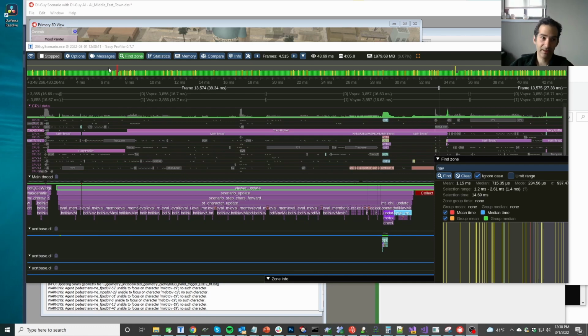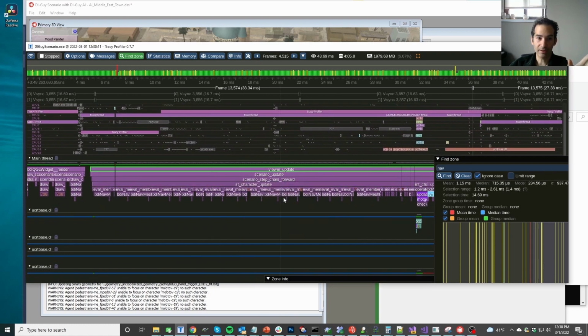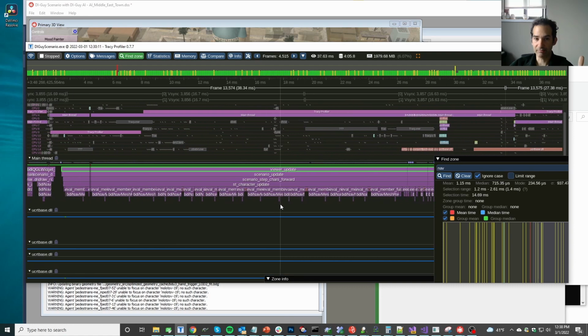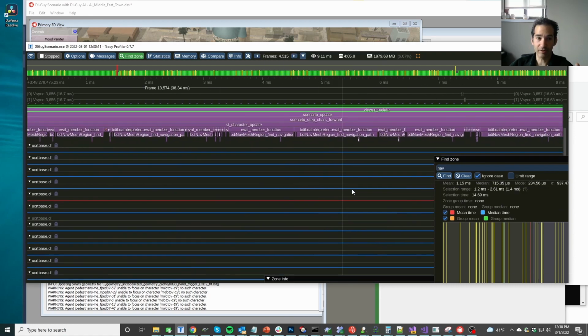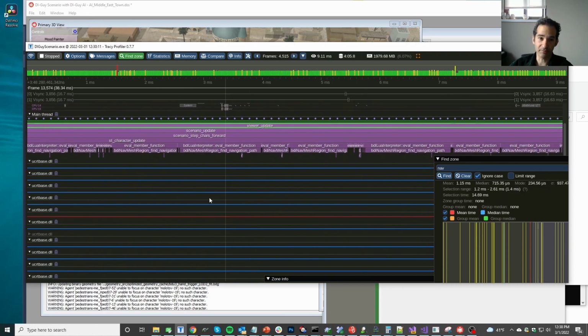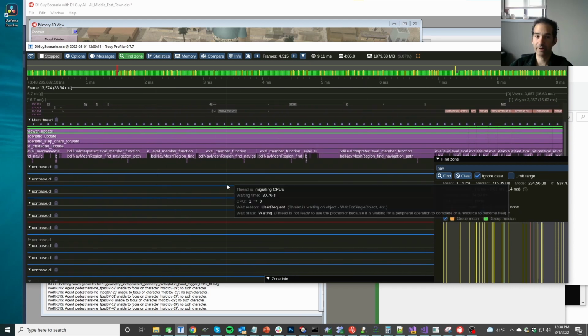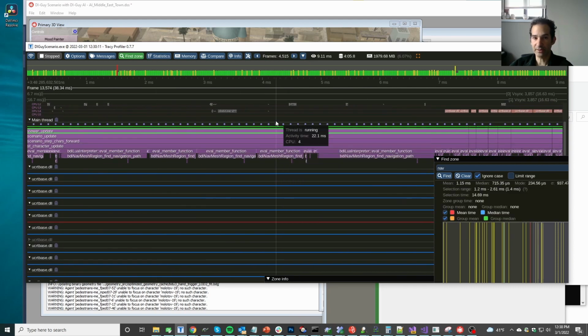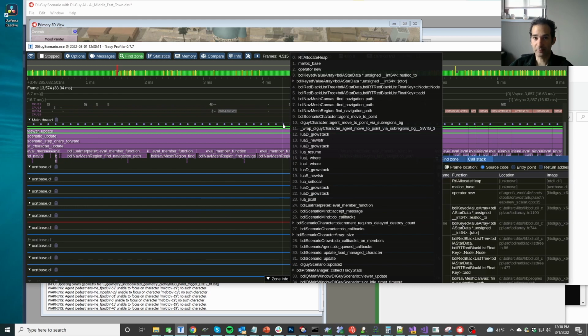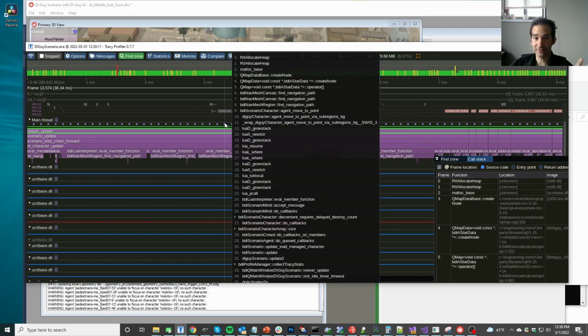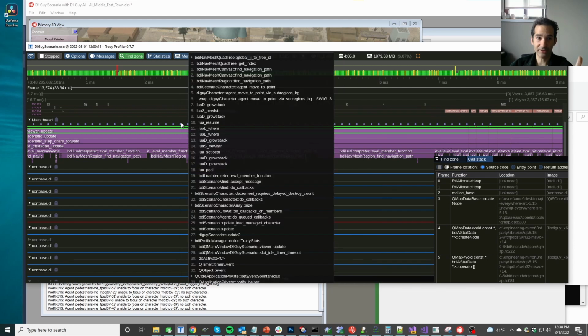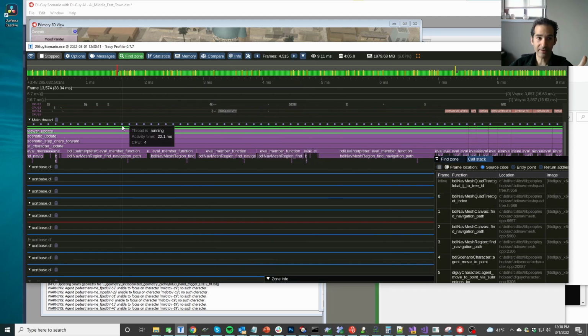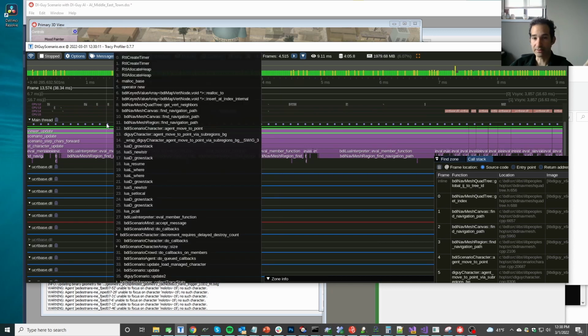So at the top we can see a list of how long each frame took. We can drill down and look for frames that were actually quite slow. In this case, I can find all these characters trying to find a navigation path at the exact same frame through our scripting engine, and so now I can get a sense of what was the slowest thing, which is actually creating nodes inside an initial A-star path. So I've got a stack trace, and I can investigate different things,